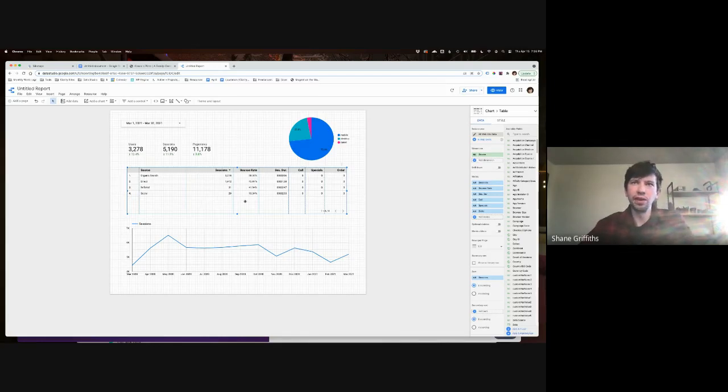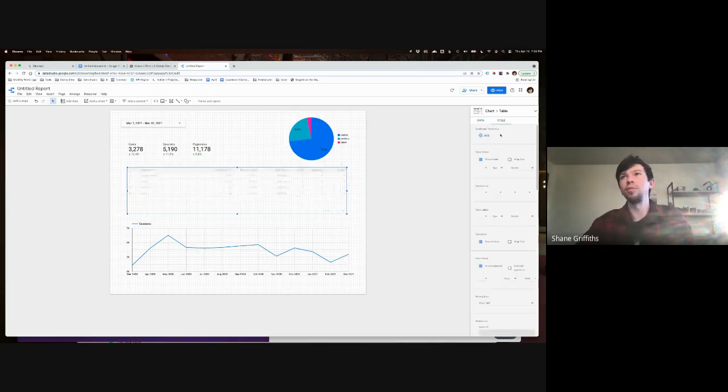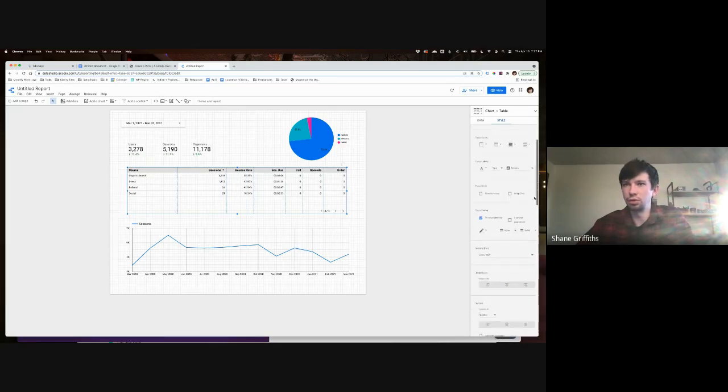All right, and now let's try to make it pretty. So we haven't looked at this yet. Our style tab, you can have a lot of fun with this. So I'm going to start off by clicking, we don't care about these numbers on the left, so I'm going to turn off row numbers. Next, I'm going to turn on,